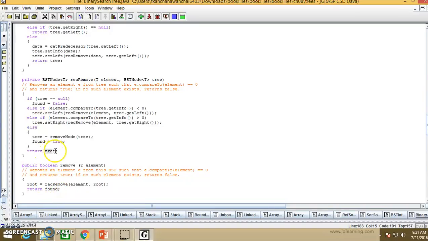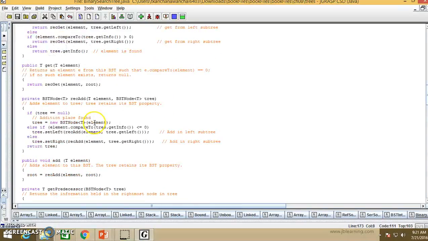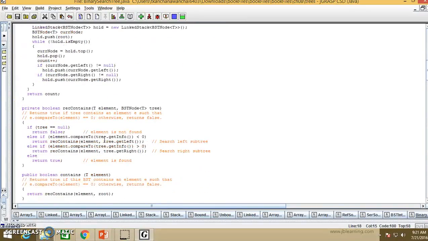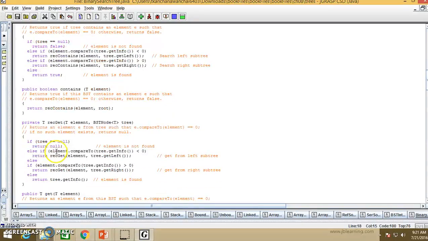Return the tree back, and return found to false, because found is declared as an attribute of this class. So when we set found to false,